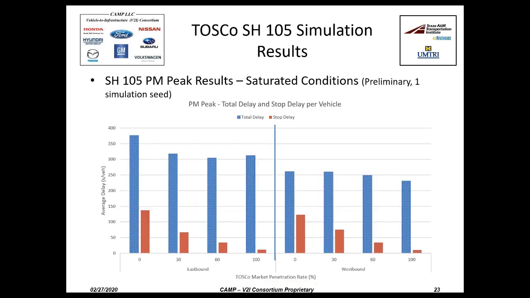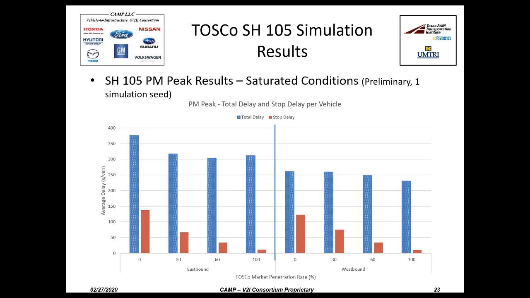Now, the PM peak simulation shows a slightly different story. The PM peak has several intersections along the facility that are in a saturated condition, meaning that the queues never really clear. The signal timing does not allow all the vehicles to cross the stop bar. What we can see here is that for the eastbound direction, which remains the peak direction in the PM scenario,